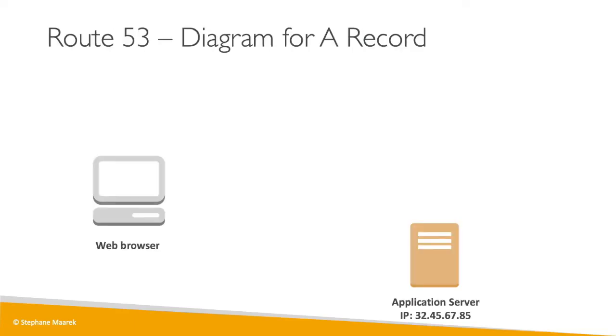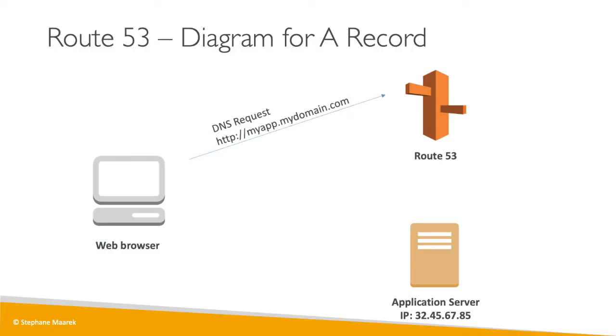So how does a DNS work? Say a web browser wants to talk to an application server, and the application server is at this IP, 32.45.67.85. The first thing we have to do is talk to Route 53, and that goes on behind the scenes. It's not something we have to do. Basically, that's how the whole internet works. So our browser will make a DNS request, say for myapp.mydomain.com, and Route 53 will reply and say, by the way, in my records, it looks like this domain has this IP. That's an A record because I send back an IP, so it's a URL to IP mapping, and I send back the IP